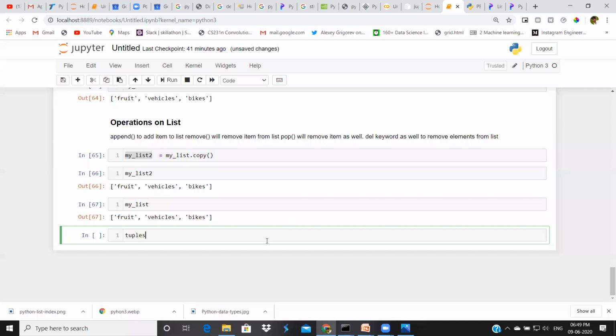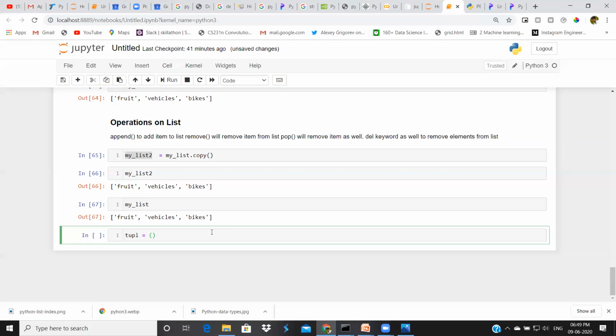Tuples have some special properties. This is the syntax to define a tuple. For a list, the syntax is square brackets, open and close. For a tuple, we use round brackets.